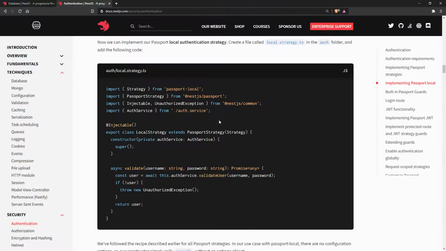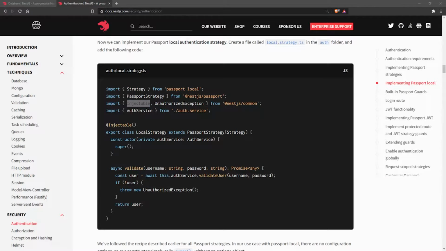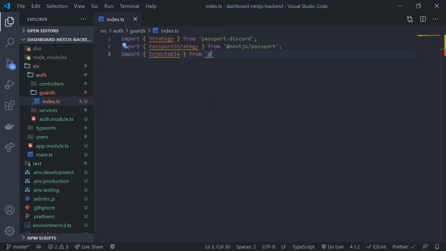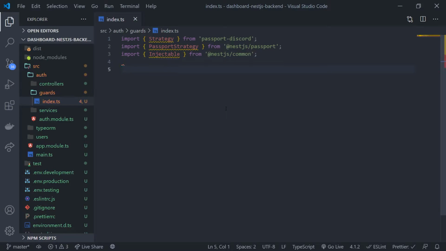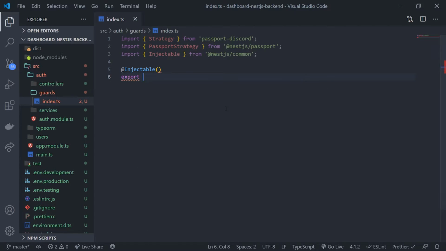Okay, and we also need to import Injectable. This is going to make it so that we can actually inject this guard wherever we want. And I'll show you how to inject it later on. That's going to come from @nestjs/common. And yeah, that's going to be pretty much it. So let's go ahead and use the Injectable decorator. I'm going to create a class. I'm going to call this Discord